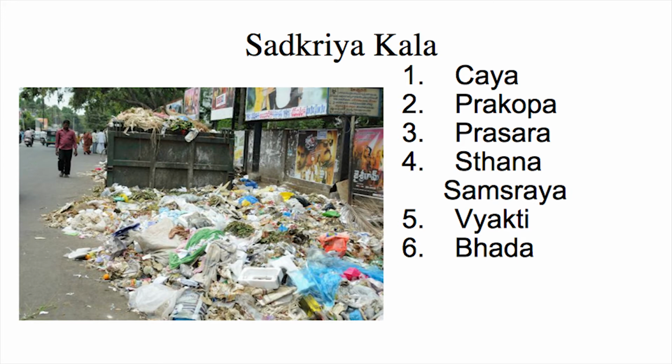So at the state of prakopa, if we are able to correct the doshas at that point, if we are able to give opposite qualities at that point, we're able to pacify the dosha, we're able to bring it back to a normal state, and it doesn't get a chance to progress enough or gain enough strength to produce a pathology. Okay? That's why understanding which state these doshas are at is very important, because then we can know how much of an intensity of a change we need to produce in the body in order to correct the doshas. Okay?